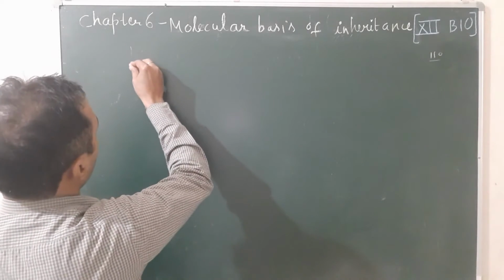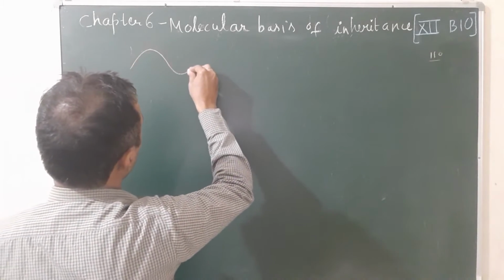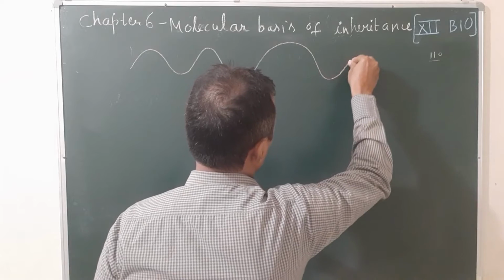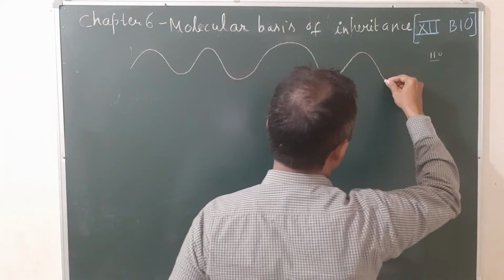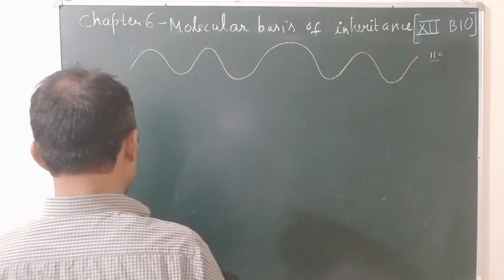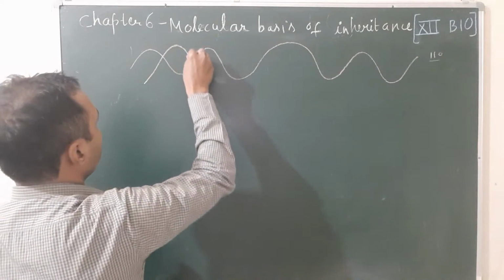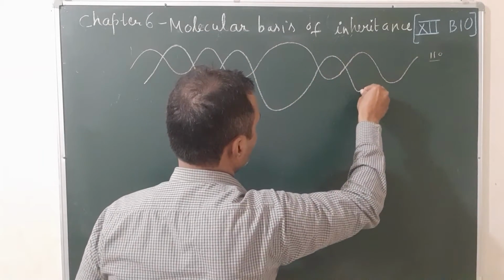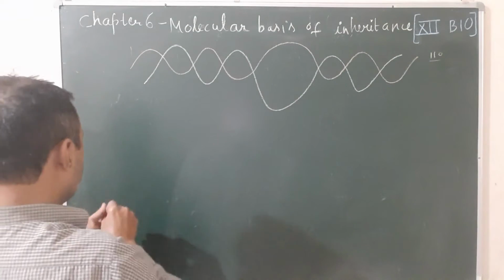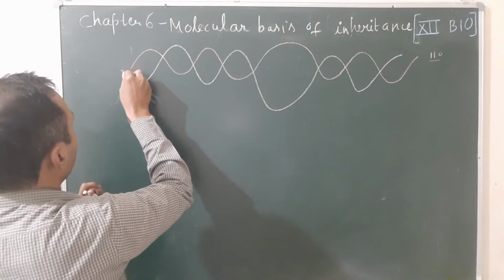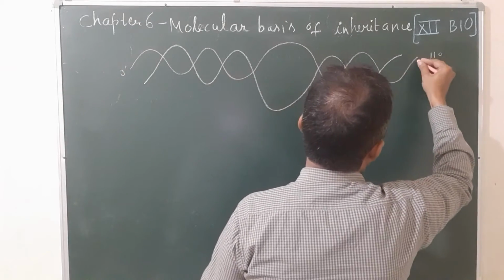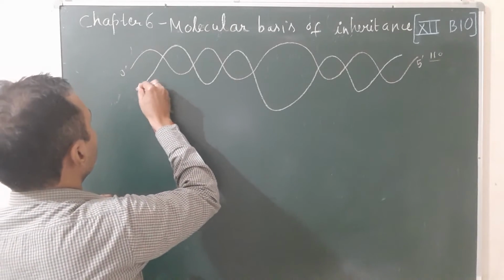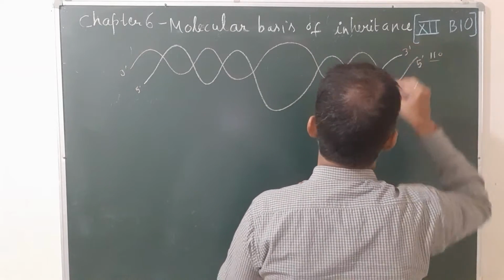You know there are two strands of DNA, template strand and coding strand. Out of the two, only one strand participates in transcription, that is known as the template strand. The same diagram is given in your NCERT book, so you can see the diagram. Suppose this strand, red in color, having 3 to 5, is the template strand, and the other green one, 5 to 3, is known as the coding strand.